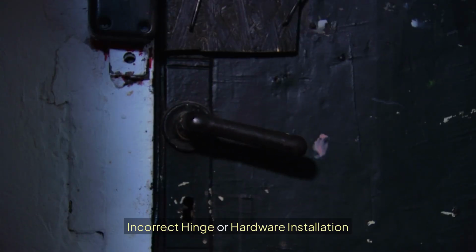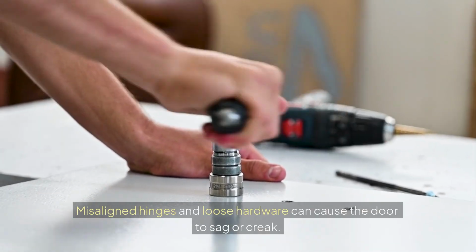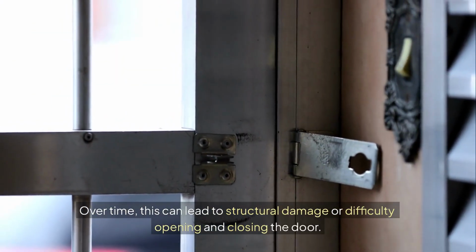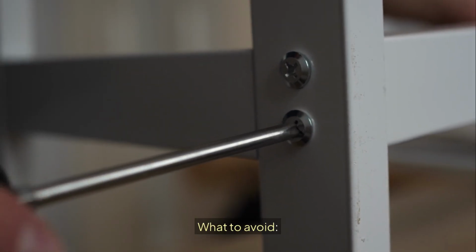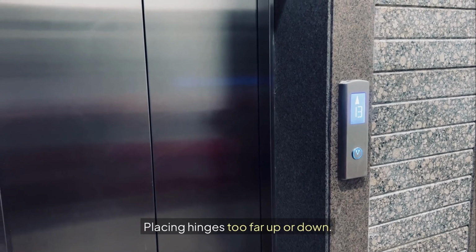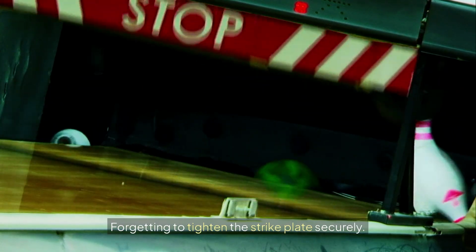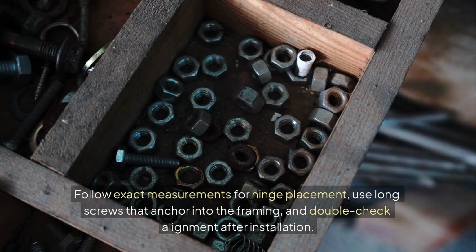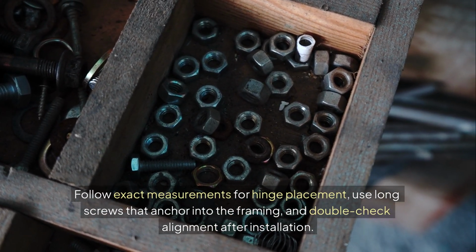Incorrect hinge or hardware installation. Misaligned hinges and loose hardware can cause the door to sag or creak. Over time, this can lead to structural damage or difficulty opening and closing the door. What to avoid? Using the wrong size screws. Placing hinges too far up or down. Forgetting to tighten the strike plate securely. How to avoid it? Follow exact measurements for hinge placement, use long screws that anchor into the framing, and double-check